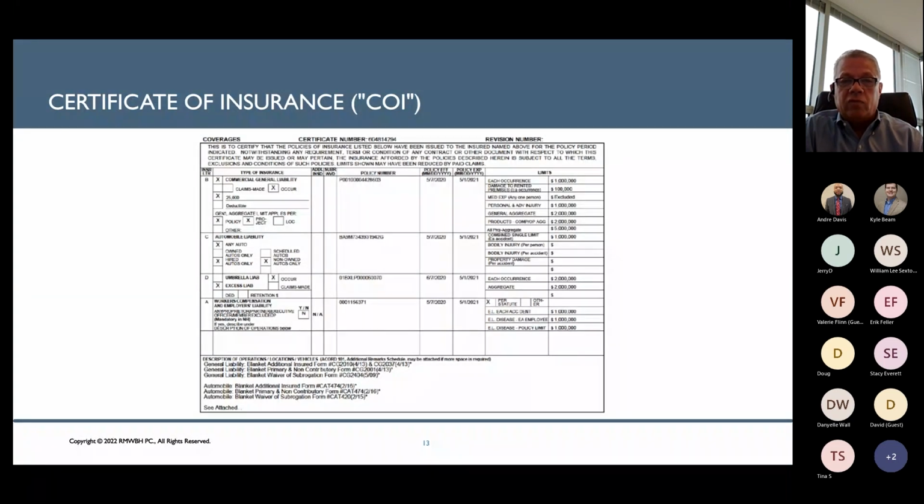So if your association gets sued, and let's say that's all the insurance they had, they don't have $2 million of insurance. They have $1 million for the occurrence that happened to your association. And then automobile liability,